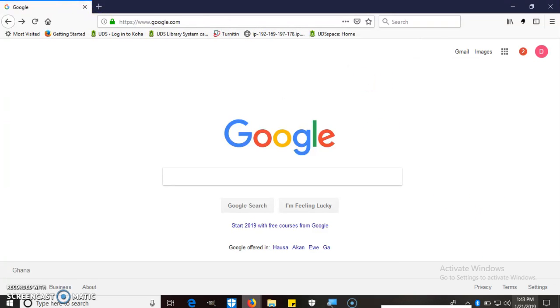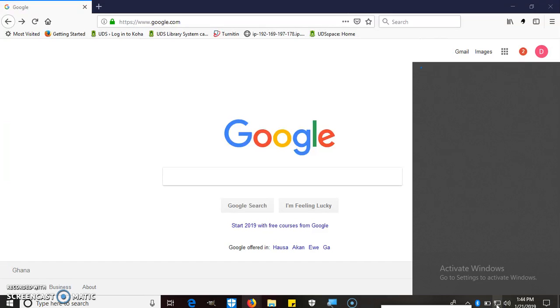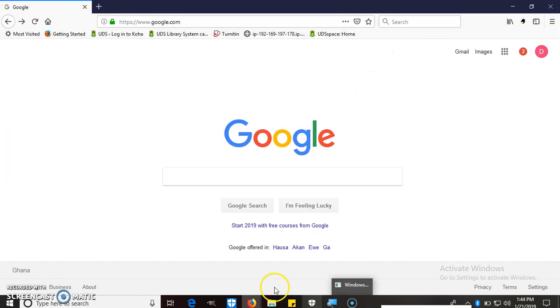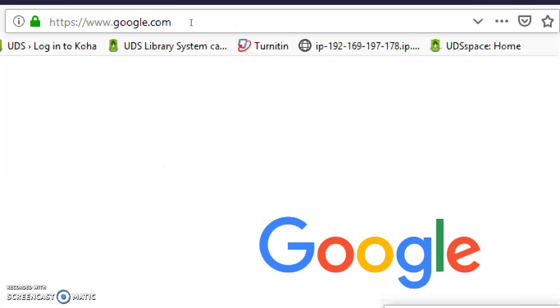So when you have the university internet connection, and you know the web address for the database, you can just type that in your address bar. So for instance, we want to access the Taylor and Francis database, so we type in